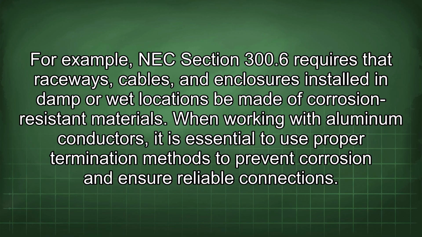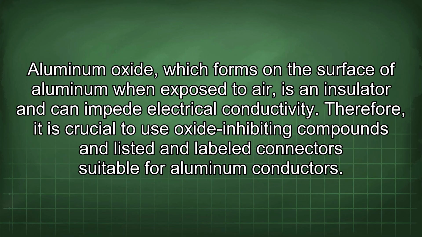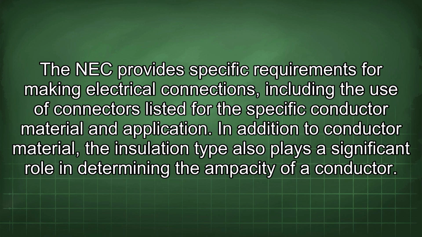corrosion-resistant materials. When working with aluminum conductors, it is essential to use proper termination methods to prevent corrosion and ensure reliable connections. Aluminum oxide, which forms on the surface of aluminum when exposed to air, is an insulator and can impede electrical conductivity. Therefore, it is crucial to use oxide-inhibiting compounds and listed and labeled connectors suitable for aluminum conductors. The NEC provides specific requirements for making electrical connections, including the use of connectors listed for the specific conductor material